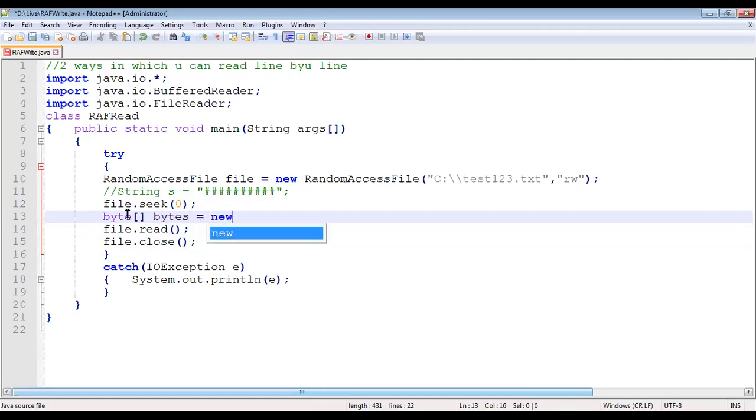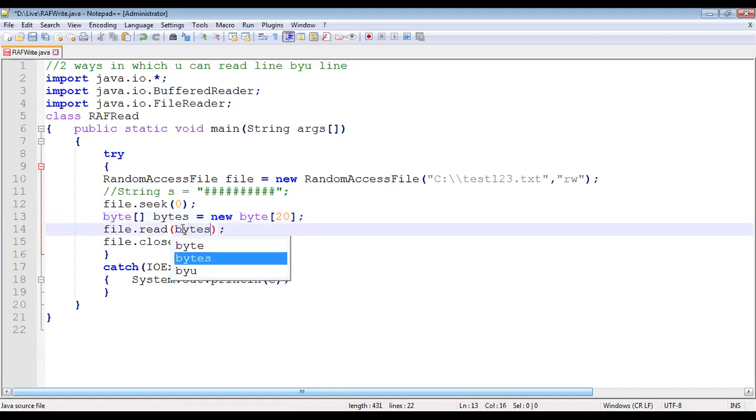Bytes is equal to new, I'll just create an array. I'm creating a byte array to store all my stuff, of size 20. And then now I'm going to read all my bytes, okay?